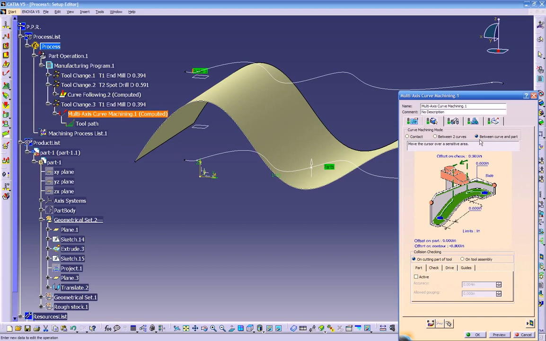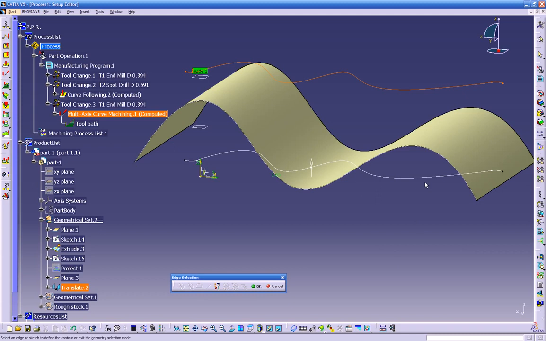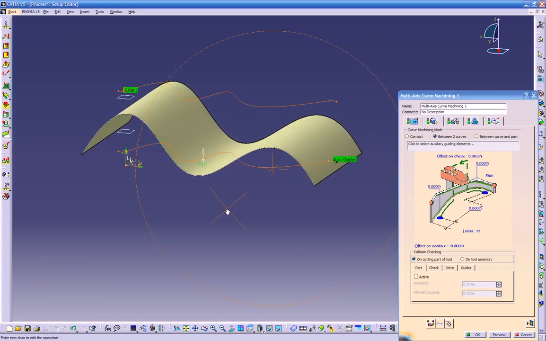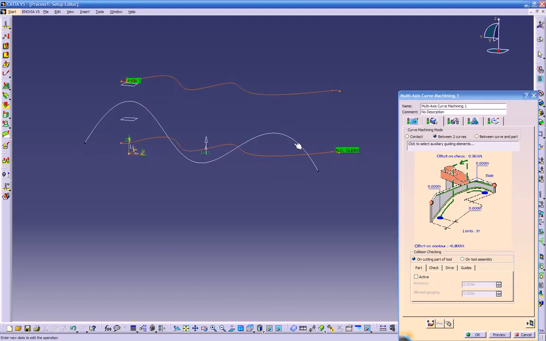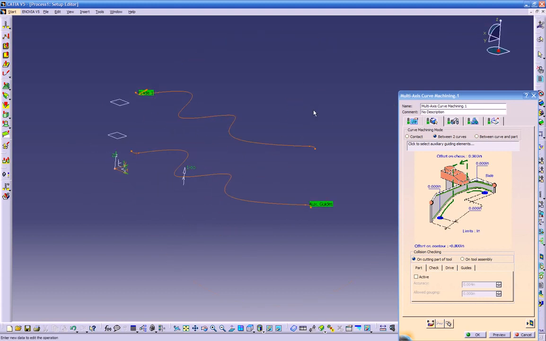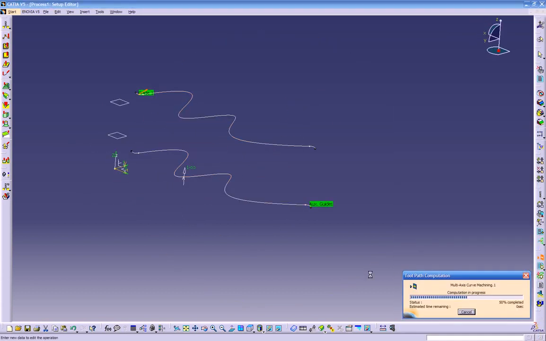Let's try the next option. We try between curve and part. Let me show you how this works. So now it's asking for 2 curves only. So if we have this one, now we need to select the other one, right? Well, we can click on this guy, and we can click on this guy right here. Let's click F3 to get this out of the way. We get more space. So right now the surface is not active anymore, so I can turn this off, and I can turn this off too because we're not using this. So right now we have only 2 curves. And if you click toolpath replay,